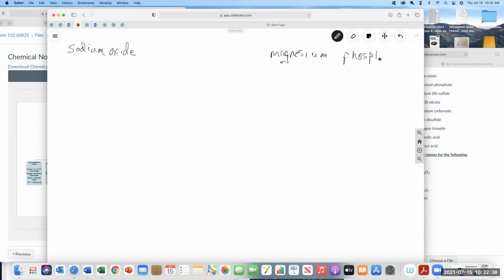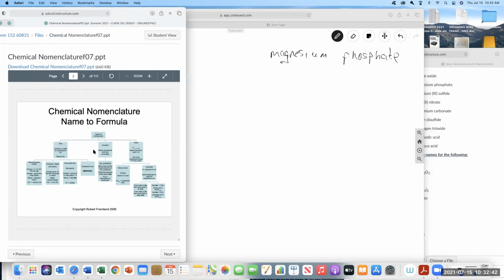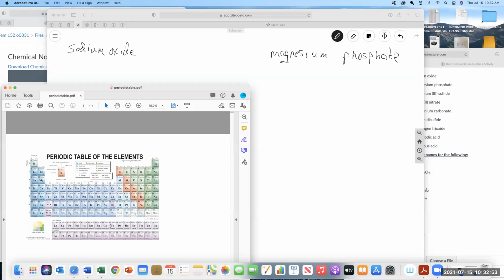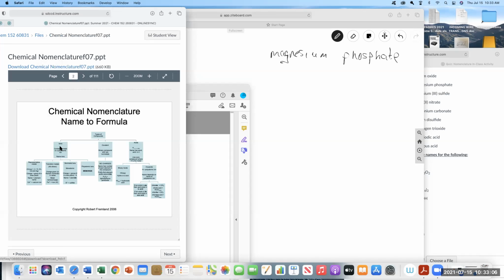Okay, so the first step in nomenclature, if you look at the flow chart, is it ionic? I know this is a little small, but you should have it too. Ionic, covalent, or an acid. It's ionic automatically if it contains a metal. So that's where your, see what I mean by jumping around? Your periodic table. Remember, everything to the left of the stair step is a metal. Sodium is over here. That means it's a metal. We'll do magnesium as well. Magnesium is over here. So if it's ionic, then what you do is you have to come up with the